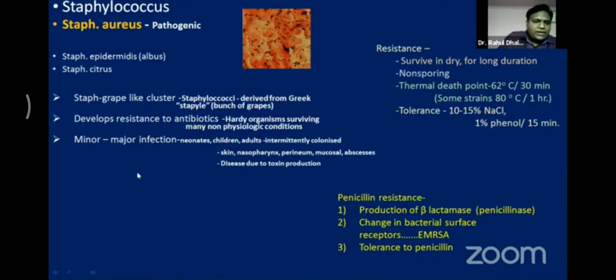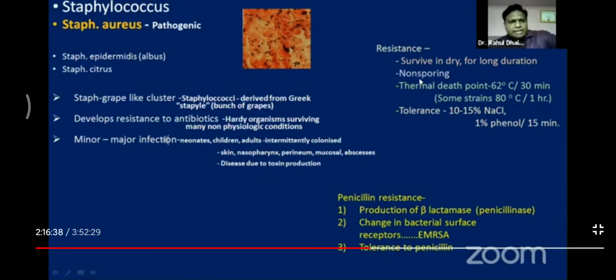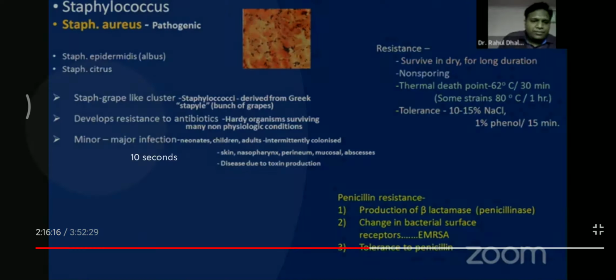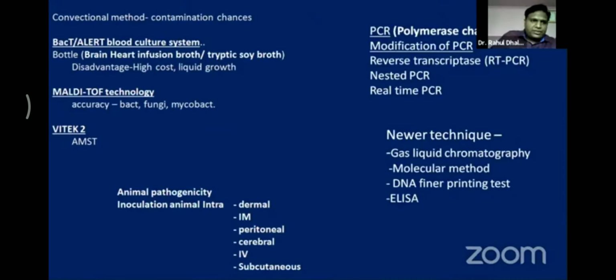This aureus develops resistance to antibiotics. It produces minor to major infections. Staphylococcus aureus has the resistance to survive in dryness for a long period. It is actually non-sporing but has the capacity to survive. Thermal death point is high, 62 degrees Celsius for 30 minutes. It can also tolerate high percentages of NaCl. And we know this organism is gram positive, actually non-sporing, but infectious. Into that, first Staphylococcus, there are three main